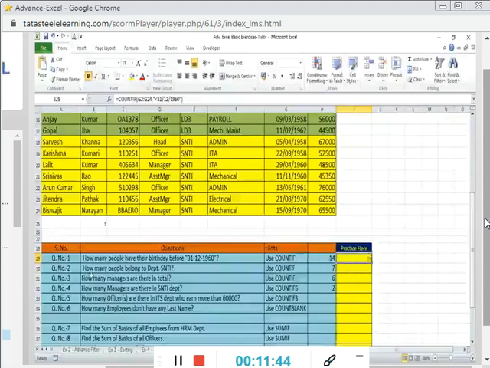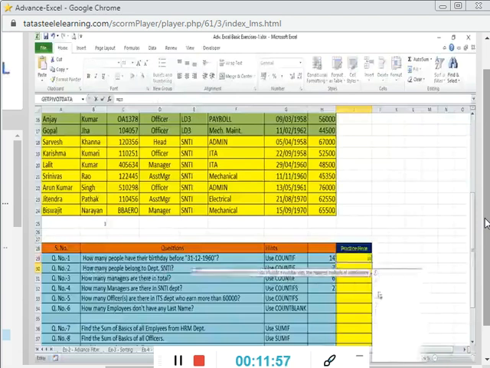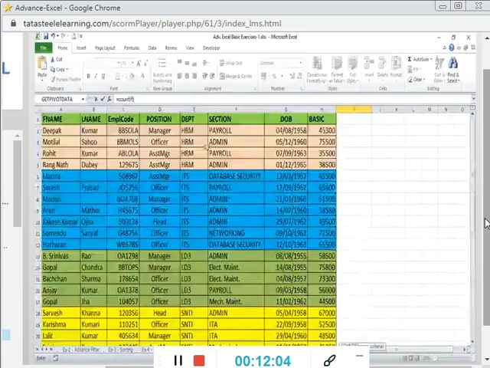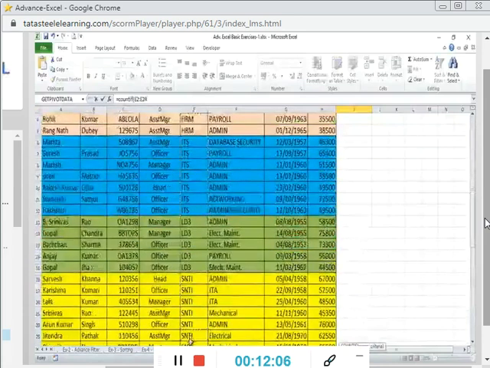Similarly, let's take the second question in which you are being asked how many people belong to department SNTI. So for that, you will have to use COUNTIF once again. So write equal to COUNTIF, open the bracket and select department range this time.